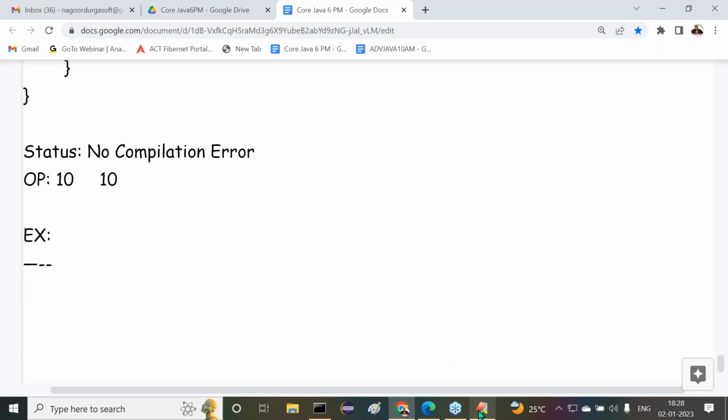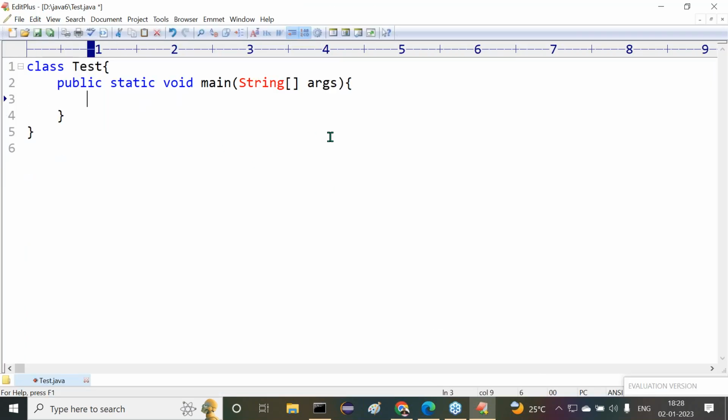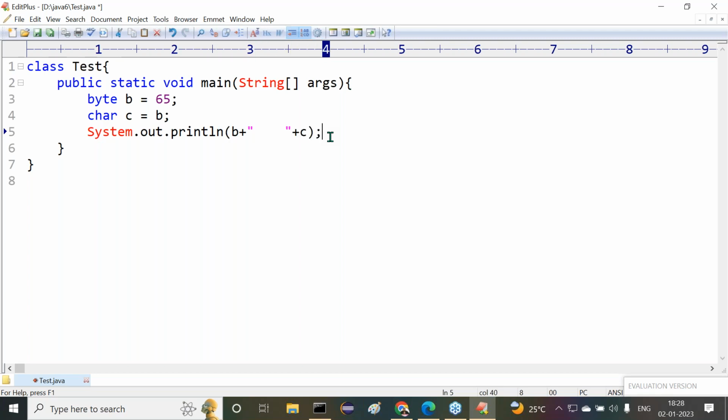All of you observe carefully. Everybody has to understand the answer for this question. Say for example, byte b = 65. I thought of it, 65 is an ASCII value for capital A. 65 is an ASCII value for what? Capital A. Am I right or not? Uppercase A. Right. char c = b; System.out.println(b + " " + c);